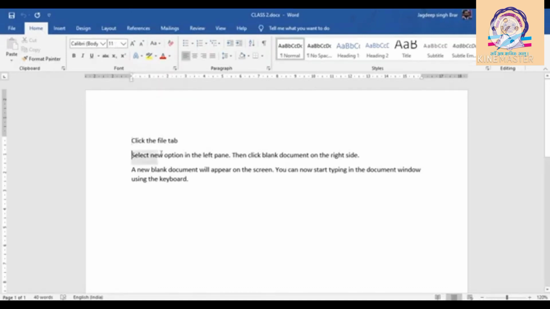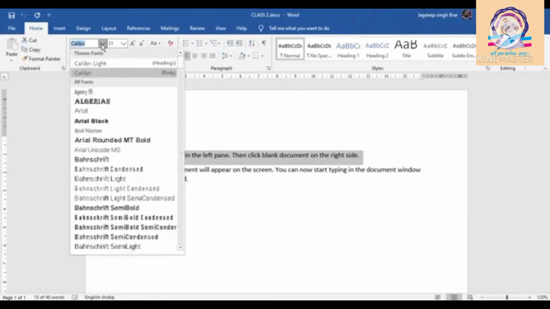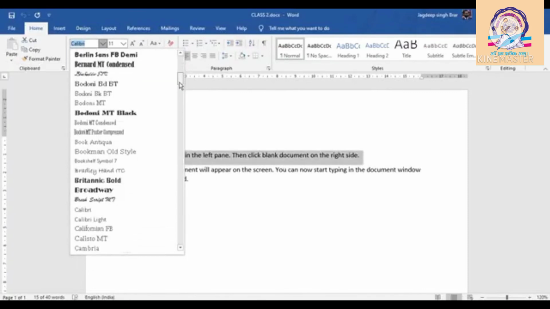Select the text. For example, I select this line. Now click on the Home tab. In the Font group, the first option is font style. From here you can choose any style for your font.